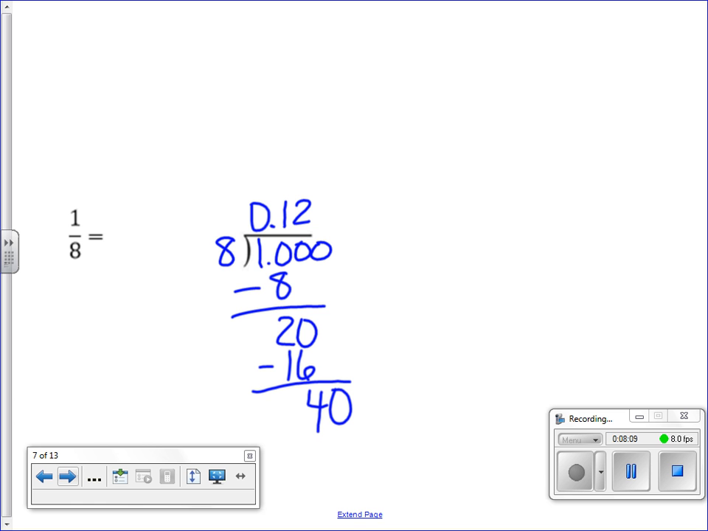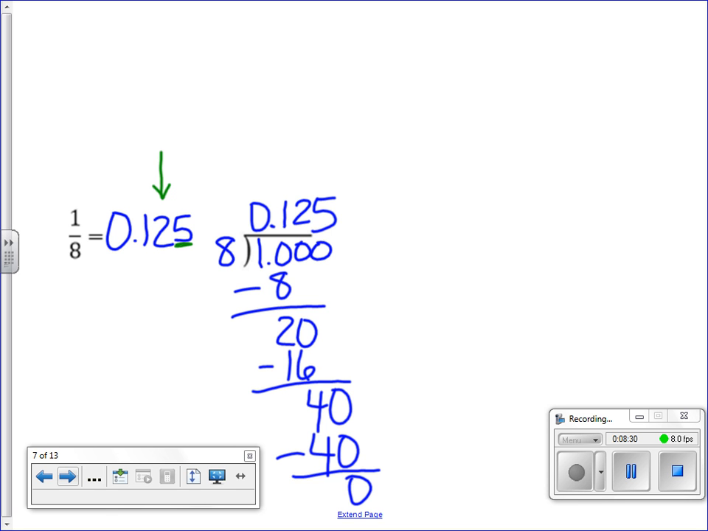I bring down my 0. 8 goes into 40, 5 times. 5 times 8 is 40. I subtract, and I have no remainder. So my answer for this terminates. That means it's done. It stops there. So it is 0.125. Now this is an exact answer, but if I ask you to round to the hundredths place, that means